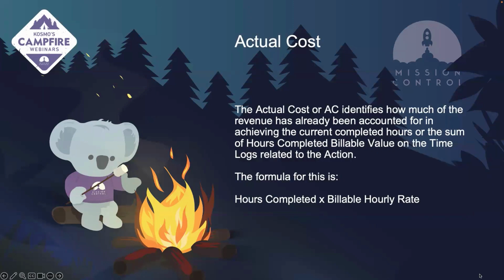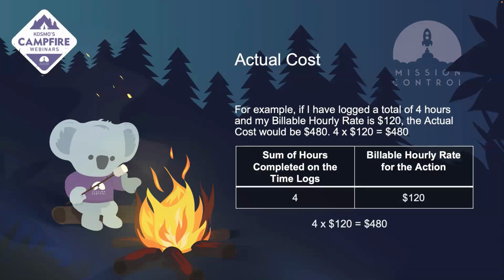All right, so now let's get into the actual cost. The actual cost identifies how much of the revenue has already been accounted for in achieving the current completed hours, or the sum of hours completed billable on all of the time logs that are related to the specific action. That actual cost breakdown would be based on the amount of hours completed instead of the completion percentage. So for example, if I've logged 4 hours of my total and my total billable hourly rate is $120, then the actual cost would be